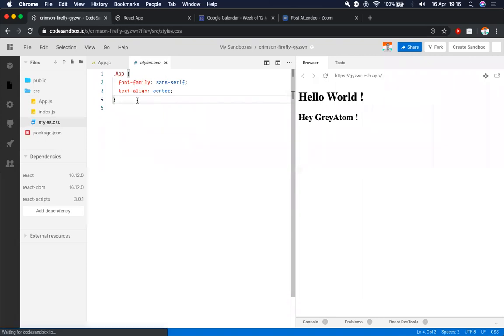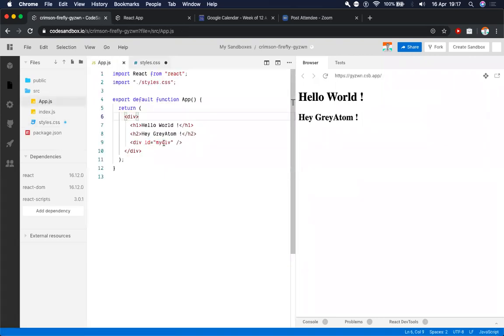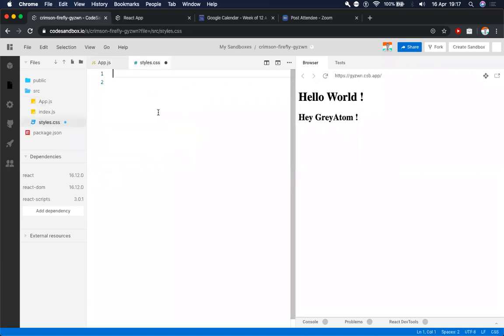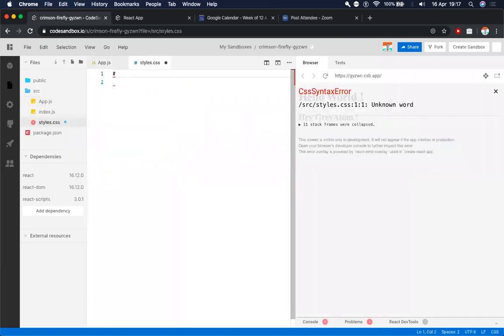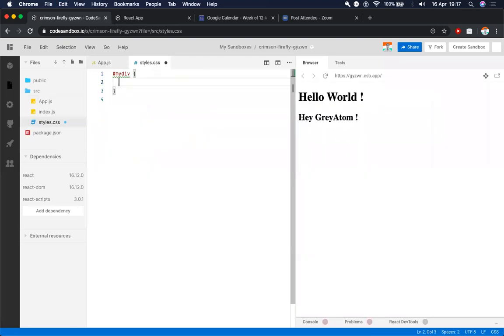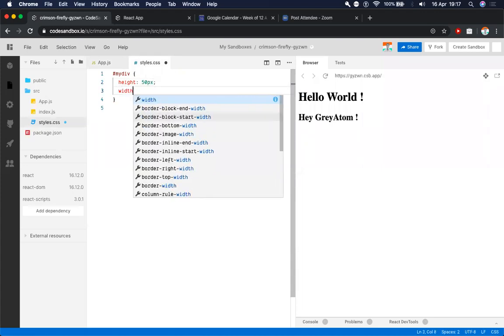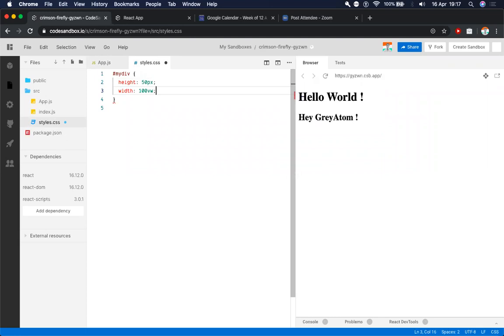And right now, since we created a div with an ID, my div, I'm going to copy it over here. And then I will give it a height of about 50 pixels. I will give it a width of 100 VW. So you might not know what VW and VH are.